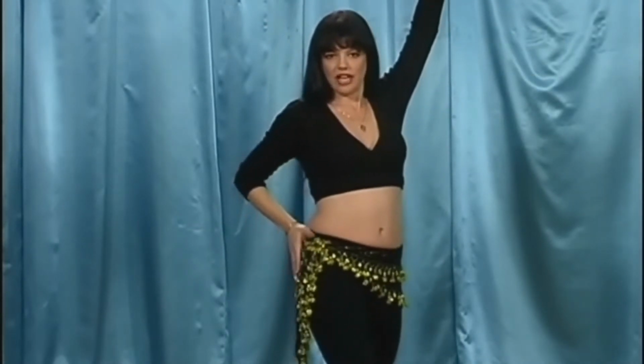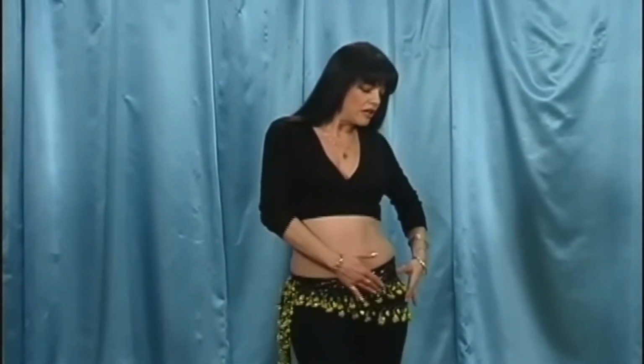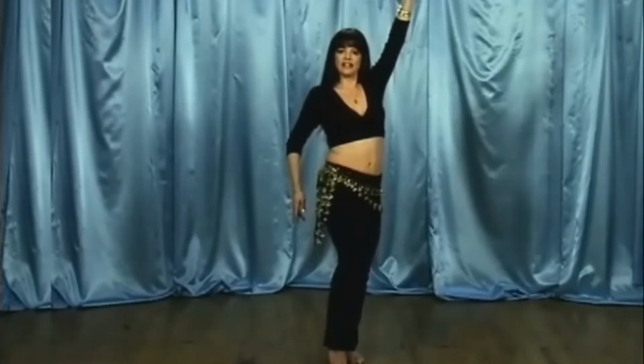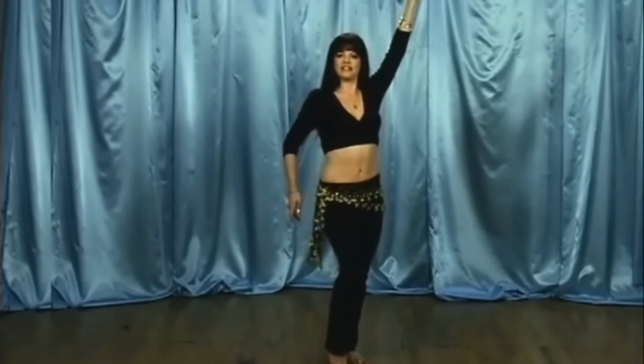Now we're going to go down. In order to go down, the hip has to come up, and the accent is down. Make sure that you don't let the non-working side fall out. You want to keep it isolated only on the working side, so it looks like this. Down. Down. Not down. No. Down. And down, 2, 3, 4, 5, 6,